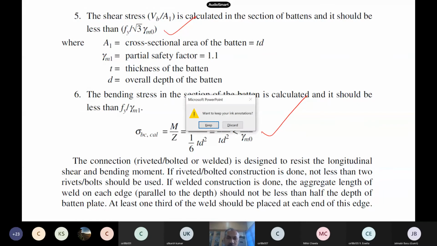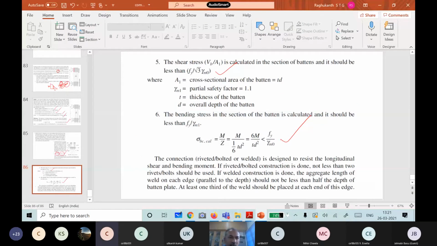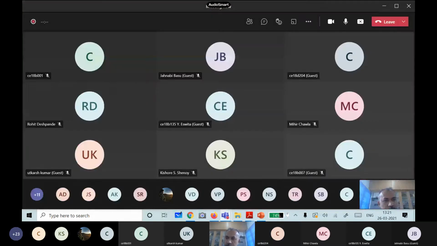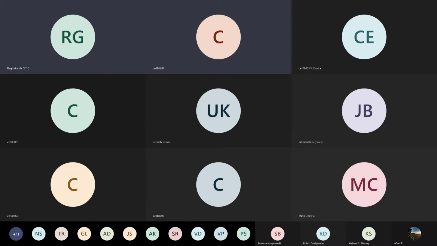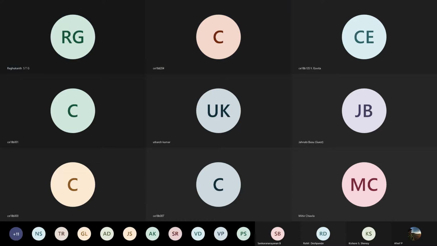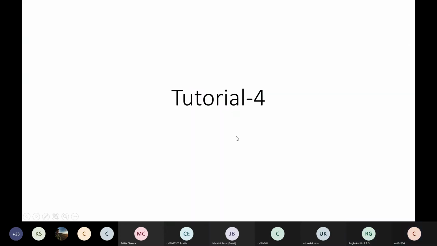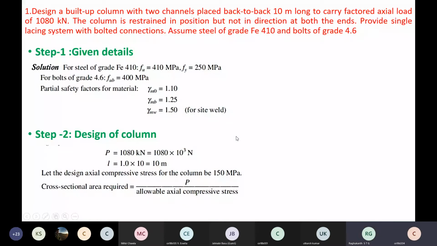Okay. So Meenakshi, you are there? Meenakshi or Jahnavi? Yes, sir. So I will unshare. No, I have unshared. You can share, right? Yes, sir. Please everyone, explain the design steps. Yes, sir.